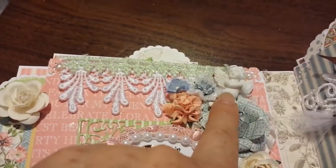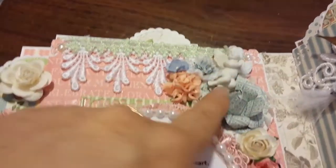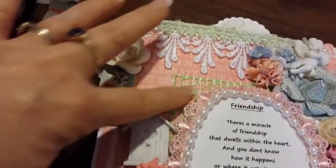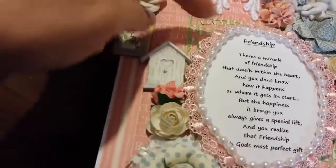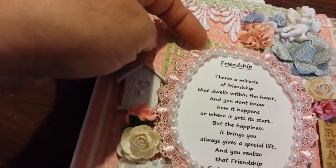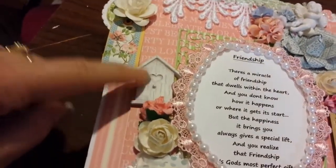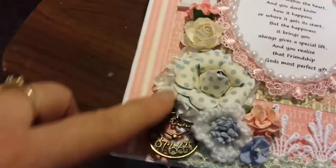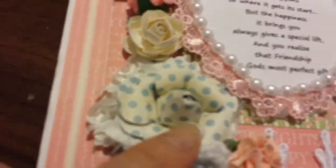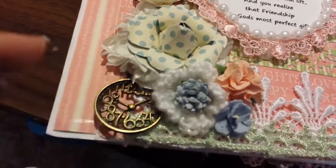There's a beautiful Prima angel, and then this is a Spellbinders die back here. This is just a pretty lace. I think I got this from Suha Fuha, and a Prima resin birdhouse, and then more flowers, another handmade flower there, another one of Leonie's crocheted flowers, and